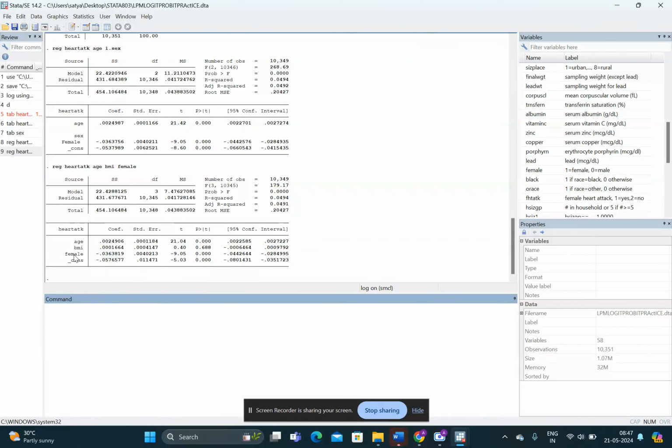So here the value for female is given because male is considered the reference category, and the result for male we will find in the constant itself. We don't need a different variable for that. Otherwise we will have a dummy variable trap, which is a different issue to talk about. So when we analyze any such dummy variables, we say that compared to the other category, if the category given is female, then the probability of having a heart attack decreases because the coefficient is negative.